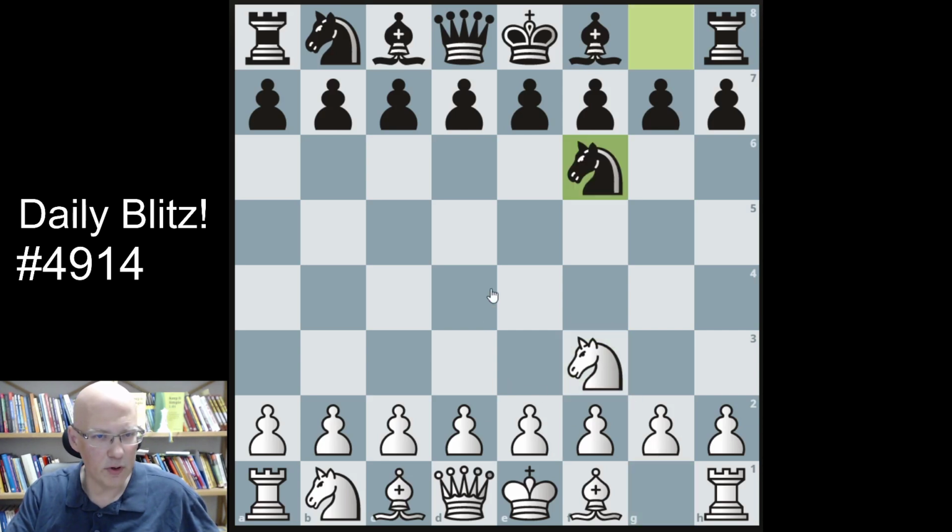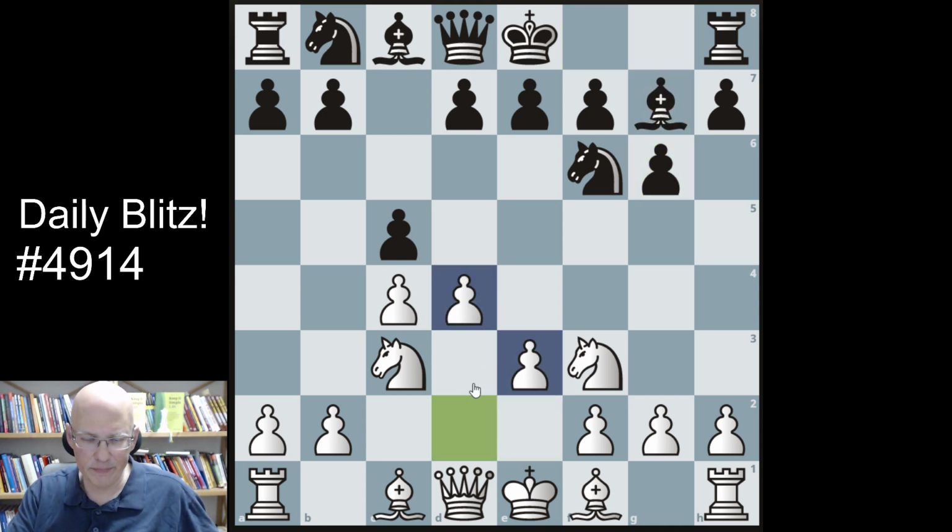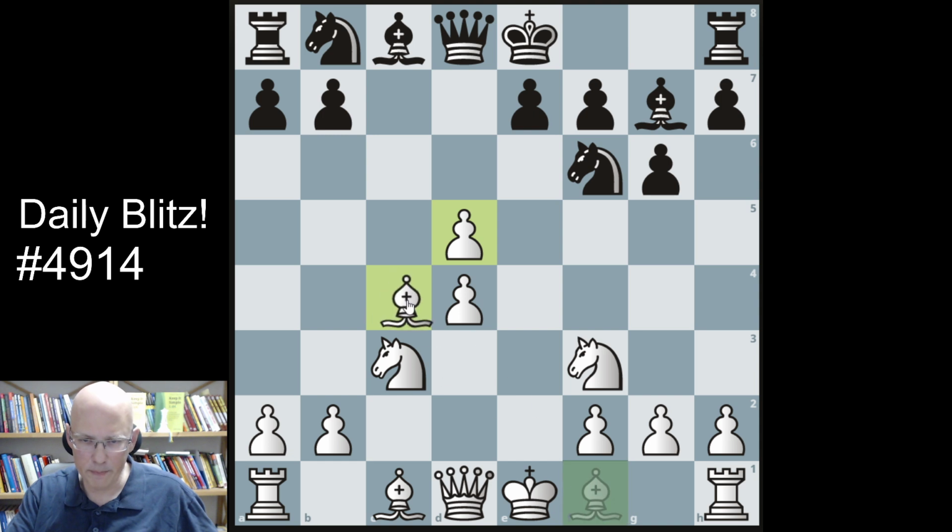A new game, 3+2. I have lost three games in a row in 3-0, and this seems to be too... no. No, I wanted to play e4. Now he gets a very reasonable pawn off here. Anyway,